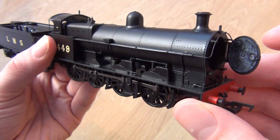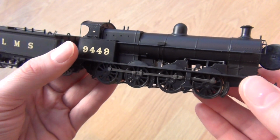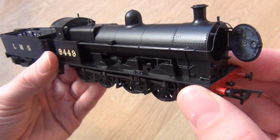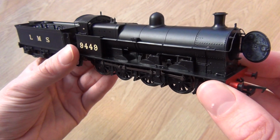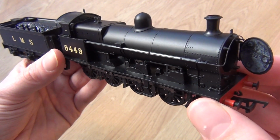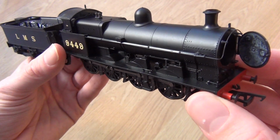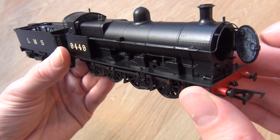She's got an opening smoke box. How awesome is that? And you might get some people asking, why do we need that? Why do we want an opening smoke box? That's just ridiculous. Well, I'll tell you why it might be quite useful. It's because if you're really, really into your realism, I mean, I'm talking like 10 on the IC82 scale, if you're right up there at the top, and watch out for that on their website, by the way, the updates will have that on. If you're right up there at number 10, then you're going to love an opening smoke